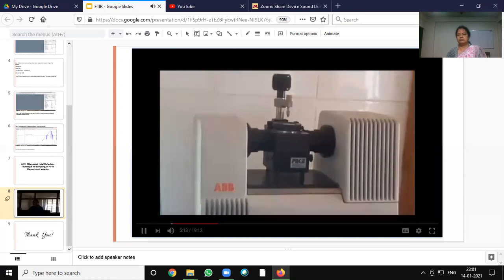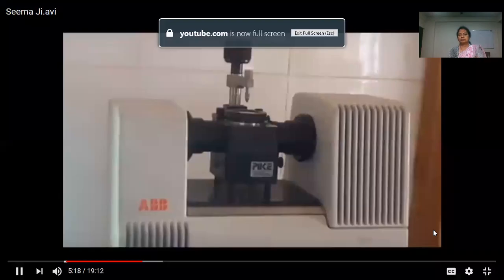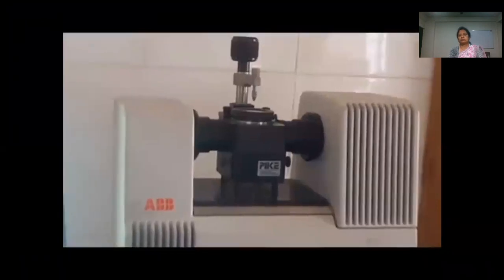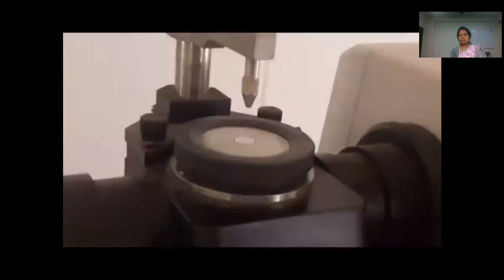To collect a spectrum in ATR, we require a source of light, an IR source, and then the ATR crystal. Here it is, the ATR crystal. It is made of either silicon, germanium or diamond. The ATR crystal must have a higher refractive index than the sample investigated.